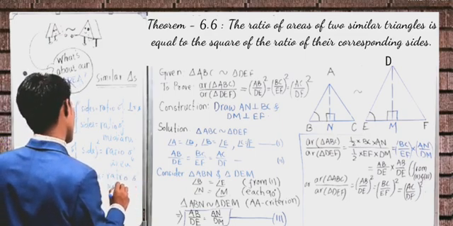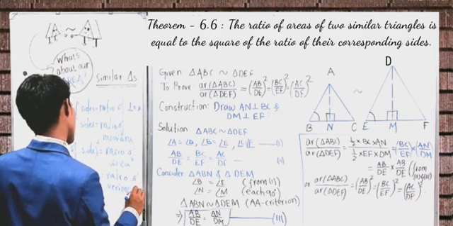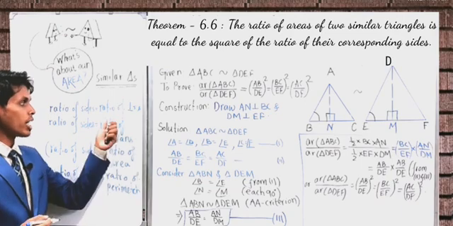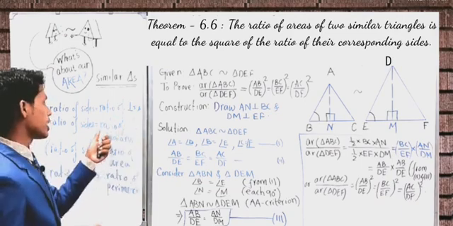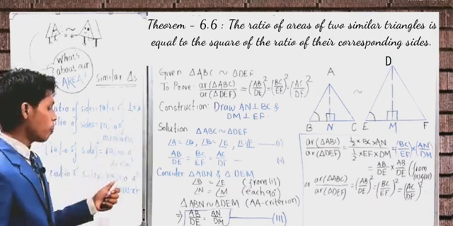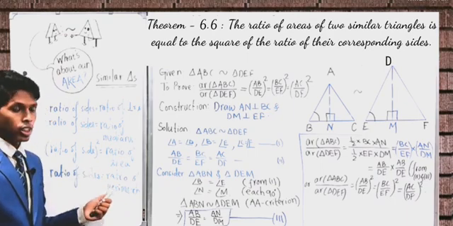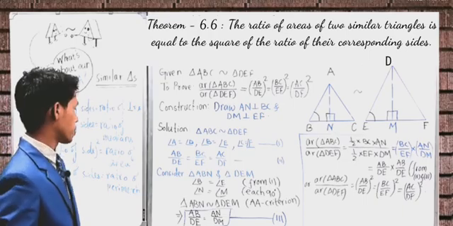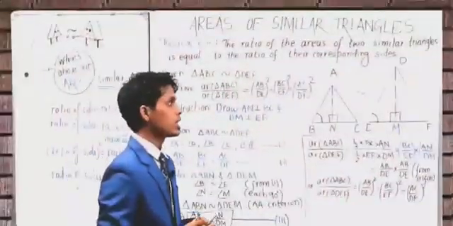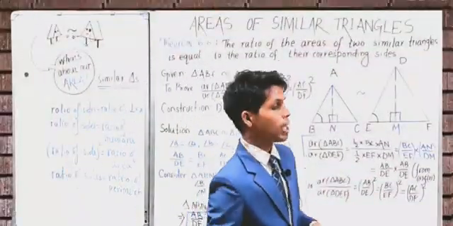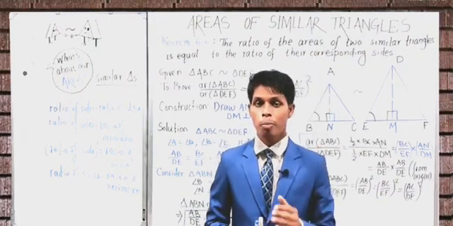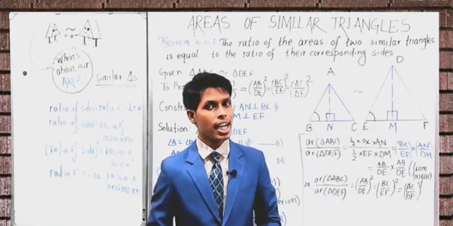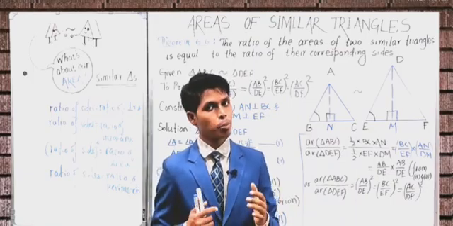So if ratio of sides are given, then you can also find out ratio of perpendiculars, that is the same, ratio of medians, that is the same, ratio of perimeter of those triangles, that is also the same, and ratio of area of the triangle, that is the square of the corresponding sides ratio. Okay, so this is all about the areas of similar triangles. Now let's perform an activity to verify this theorem and make our understanding crystal clear. Okay, let's move to the activity.